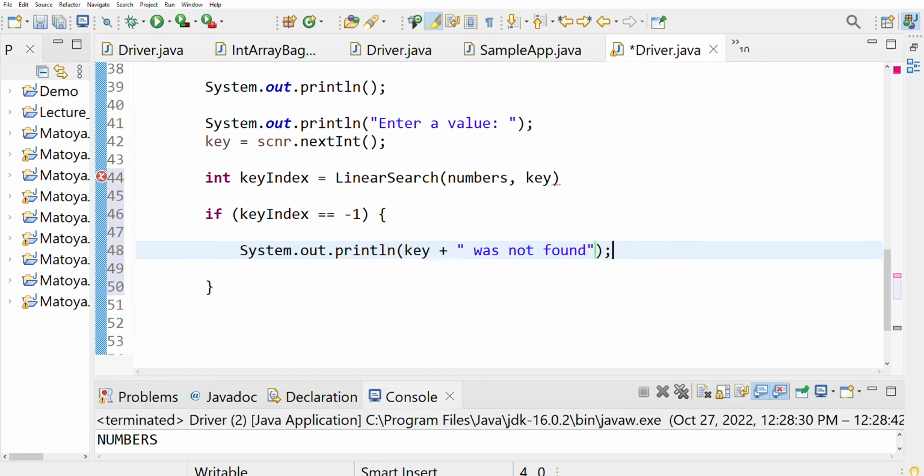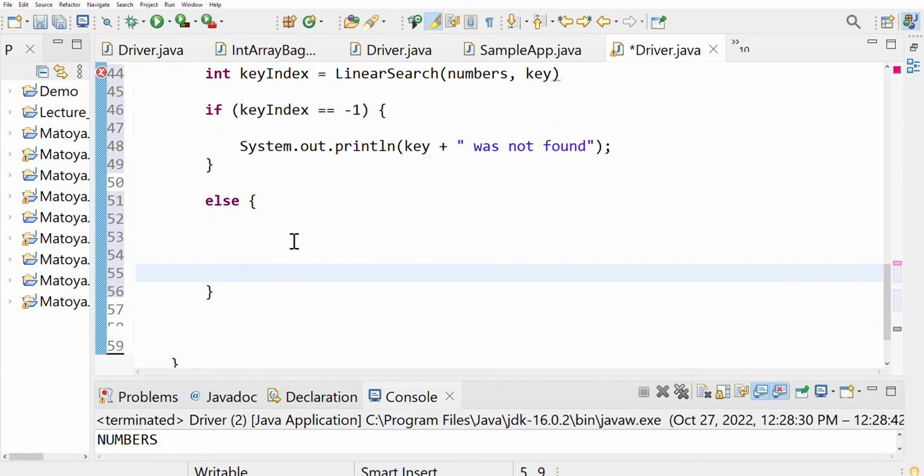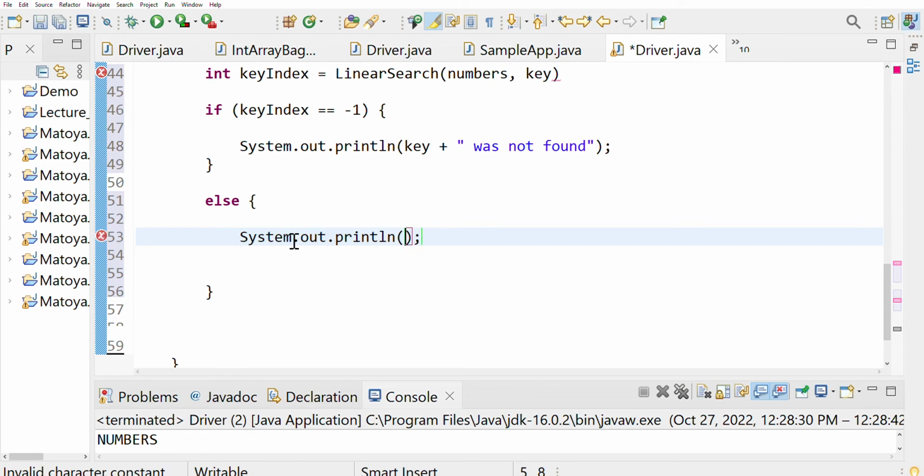Then we're going to have an else statement, where the case is that we found the key. So let's say your key is